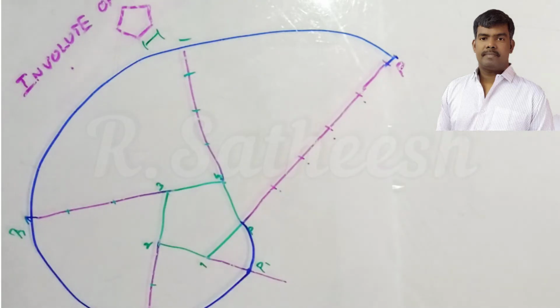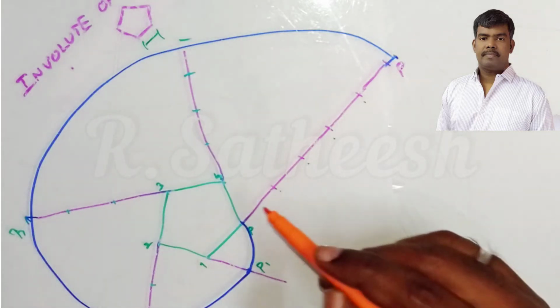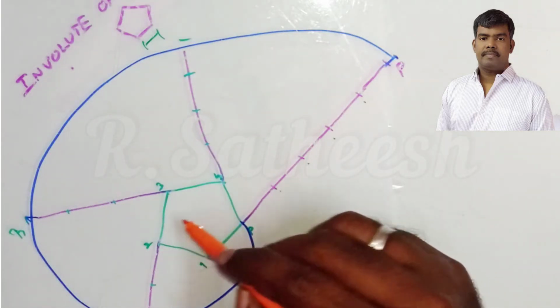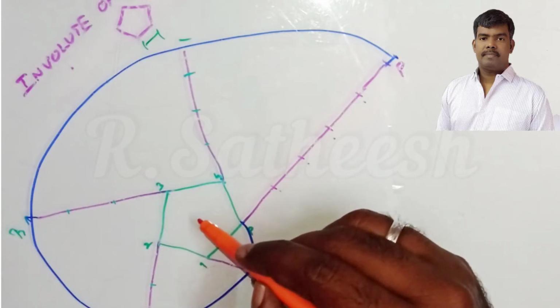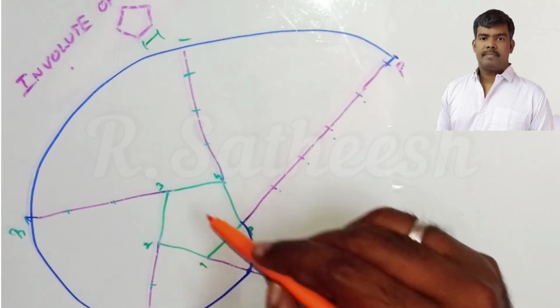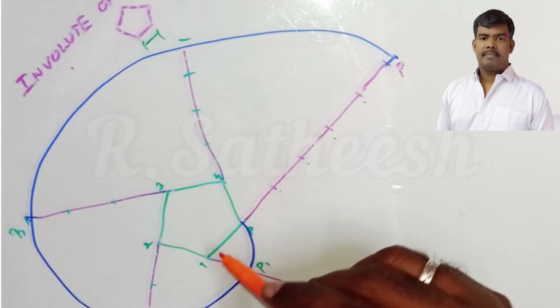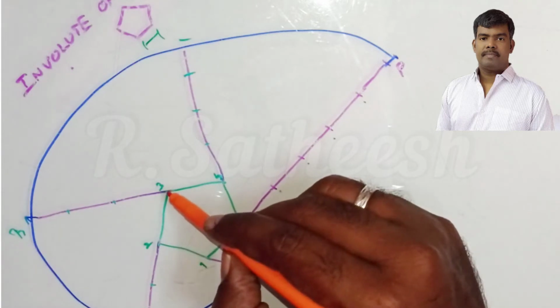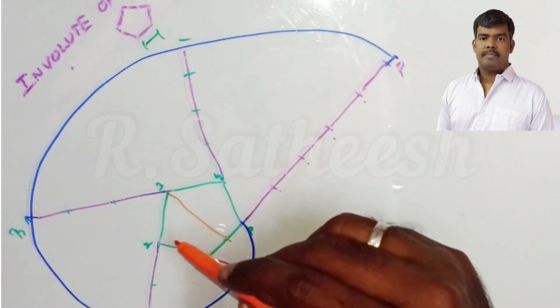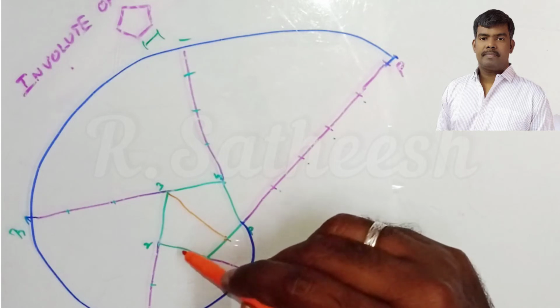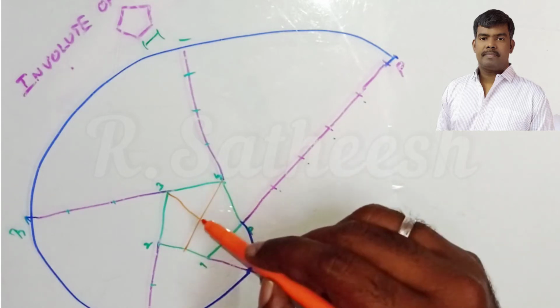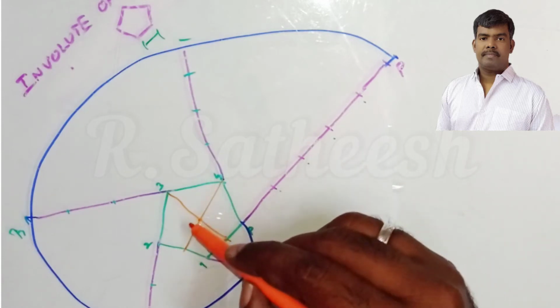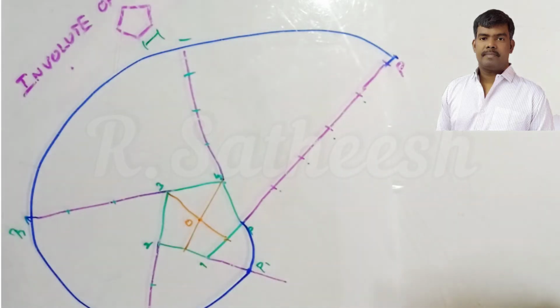Okay, right. Then how to draw the tangent and normal at 100 mm from the center of the polygon. So this is the center. How to find the center point of the polygon? Especially since this is an odd-sided polygon, for example, take any one side's midpoint and join it to its opposite corner. Similarly one more: this side's midpoint and its opposite corner. Where the two lines intersect, this is the center of the polygon, O.